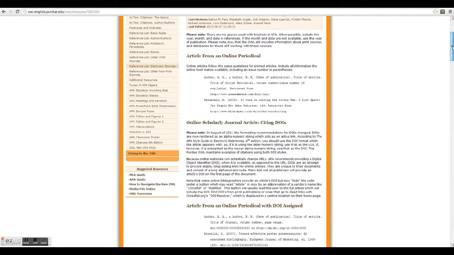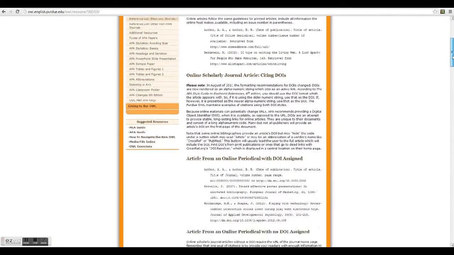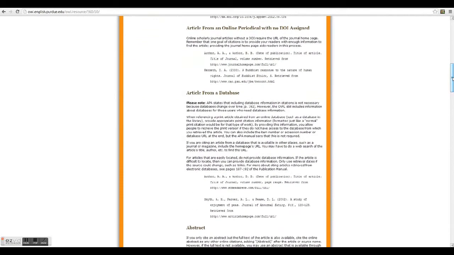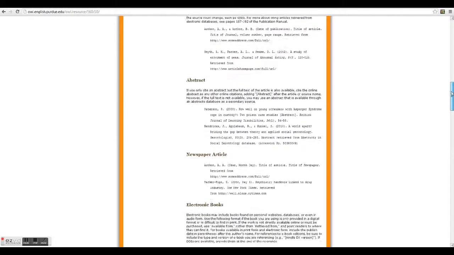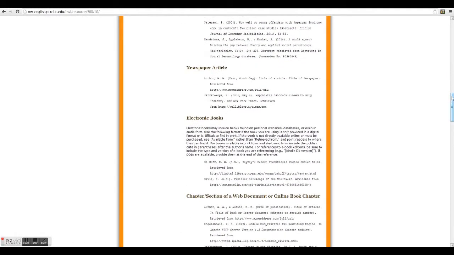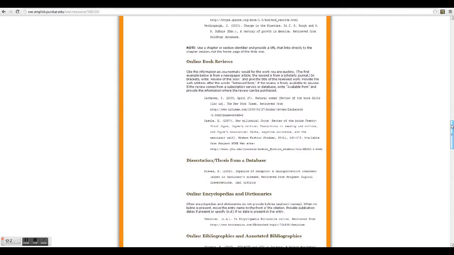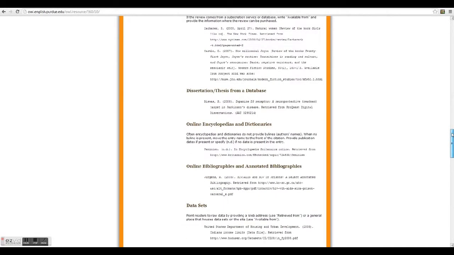And electronic sources. This is very important because it shows you how to do scholarly articles that you find online, articles from an online periodical, articles from an online periodical with no DOI assigned, articles from a database, online abstracts, how to cite from a newspaper article, and electronic books. Once again, this is very important if you're using a Kindle or other form of e-text to do your reading. It tells you how to go through chapter and section of a web document or online book chapter, how to cite